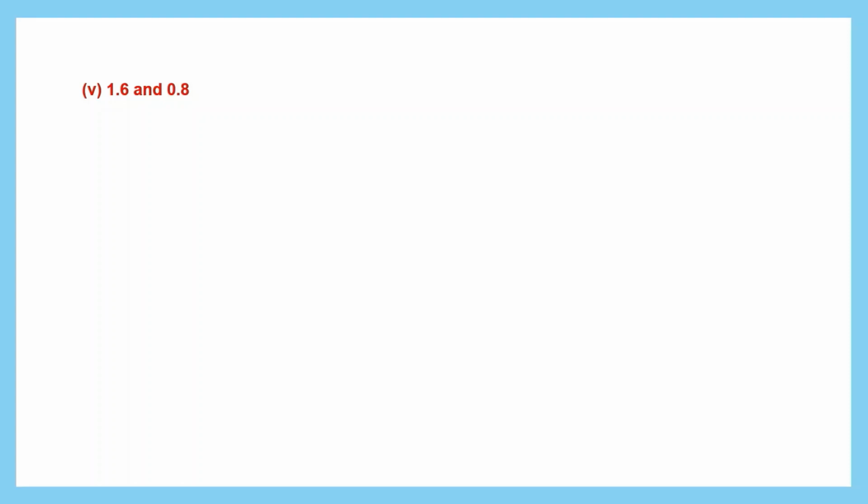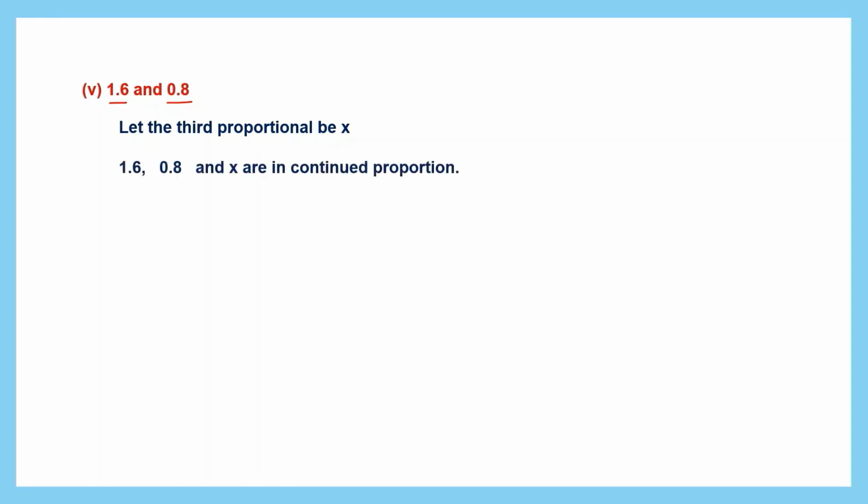Question 5. Here again we have the first quantity and the second quantity. So let the third proportional be x. Now the first quantity, the second quantity and the third proportional will be in continued proportion. Okay, and in that case 1.6, that is the ratio formed by the first quantity and the second quantity, will be equal to the ratio formed by the second quantity and the third quantity. Now product of extremes is equal to product of means. So this will be 1.6 into x. This is equal to